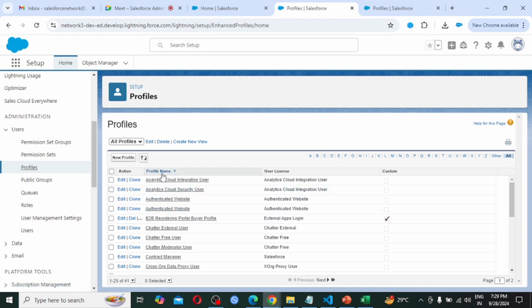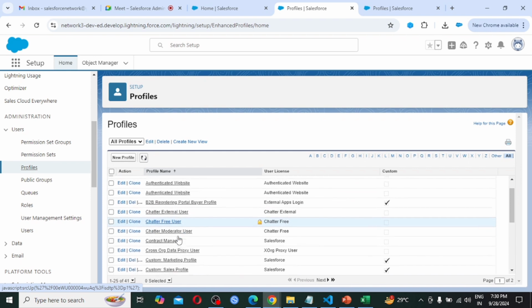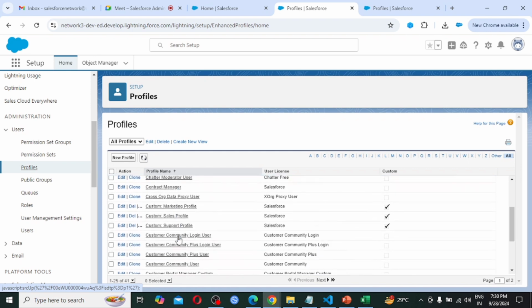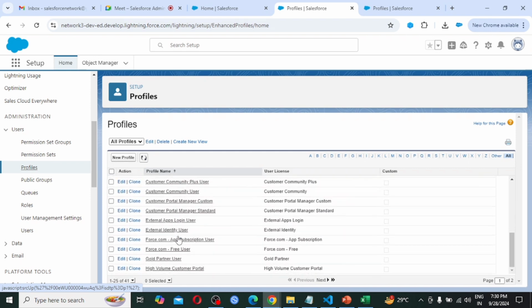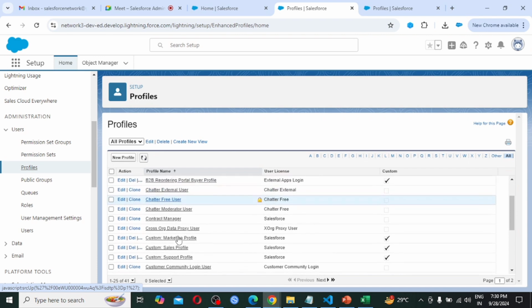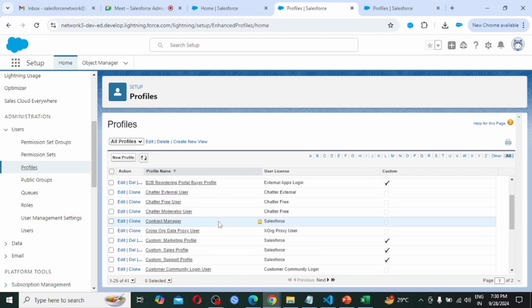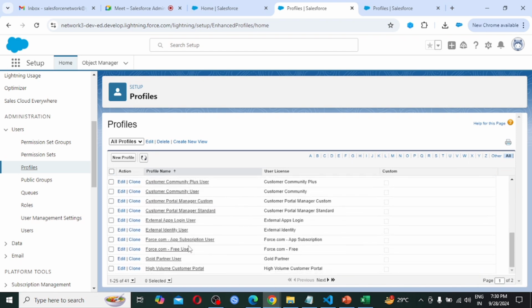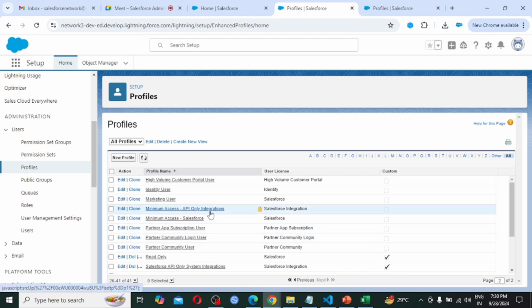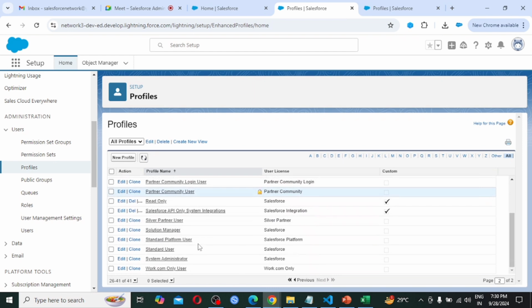These are all standard profiles, as we had not created any profile up to now, which are created by Salesforce and given to us. There are some more, like 1 to 25 it is displaying, and again some more profiles are there. I am clicking on the next button.